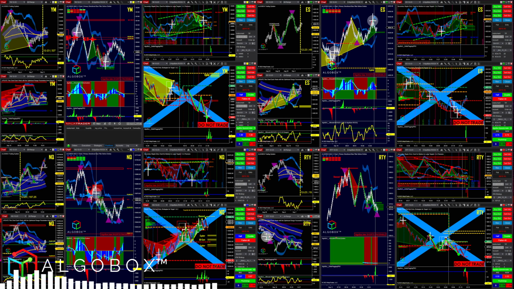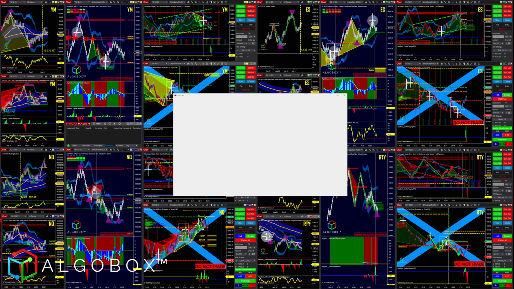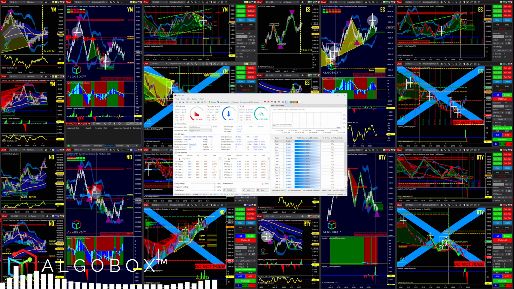Will you still need to set the affinity processors? No, but I do recommend Quick CPU. Let me show you guys that one. I use this myself. Very handy. I think the primary issue, particularly with the i9 series, is the massive core parking that goes on if you're trying to get the juice out of your computer, and